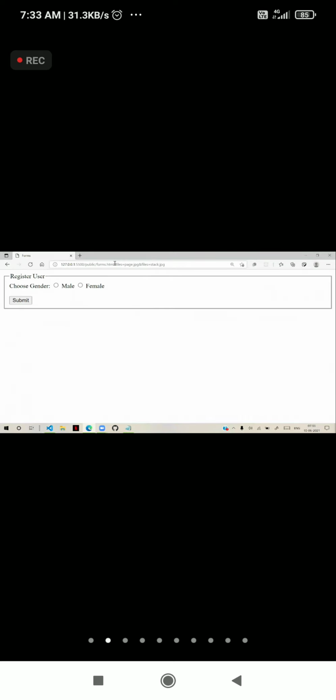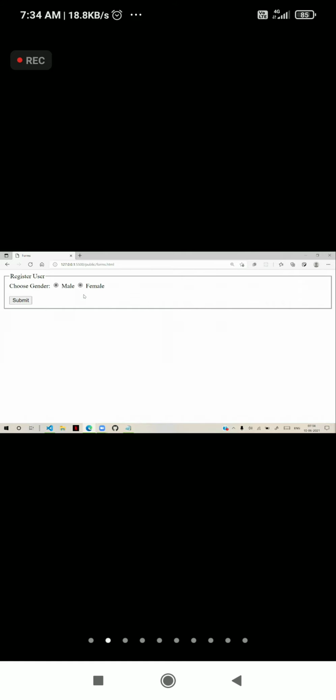Now, generally, if anybody says that radios are used for selecting any one option, you can see here, I am selecting male and I am selecting female. Both are working. That is a simple point to prove that radios are not for selecting one option. Radios can select multiple options also.